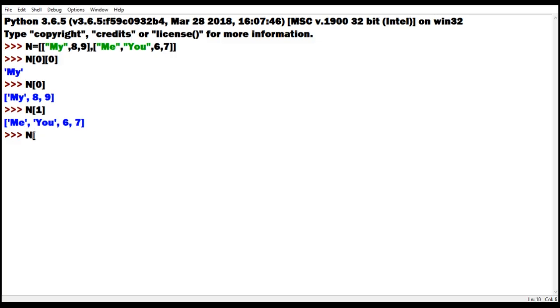And then if 0 and then 1, what will it give? Can you tell me the answer? Yes, exactly, what you are saying. That is 8. So 8. Then 0, 2. Obviously 9. Similarly, we can go for the first row. If I write this, you will get this. Now, if I write 3, it will give 7.